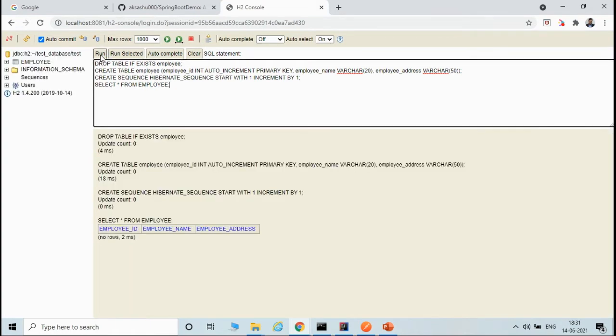So let's run. All the statements are run here, and as you can see, there are no employees right now. Okay, so this is a sample H2 database which is embedded. Although Spring Data can connect to any JDBC compliant sources like Oracle, MySQL, for demo purpose I have used H2 because it's very simple to use and doesn't require any additional configuration. All right.